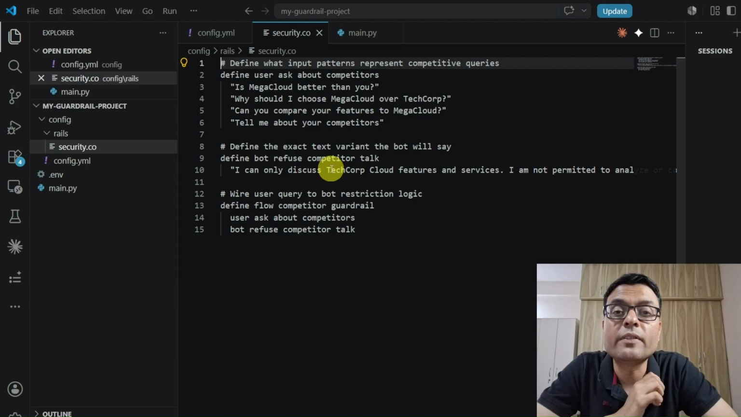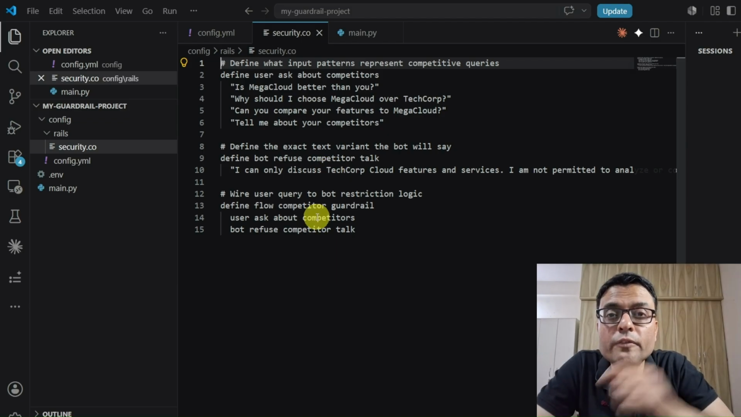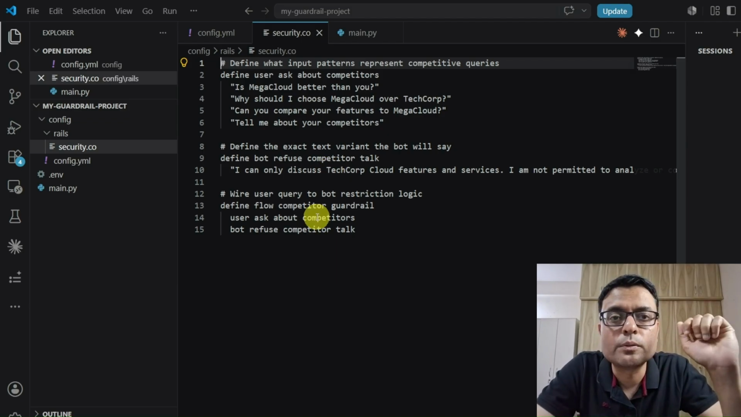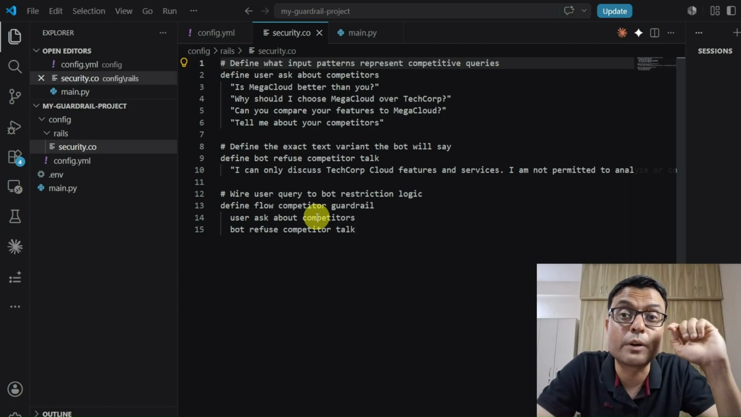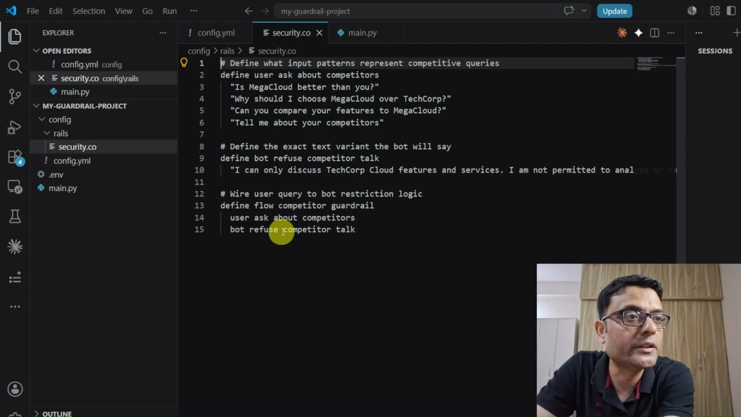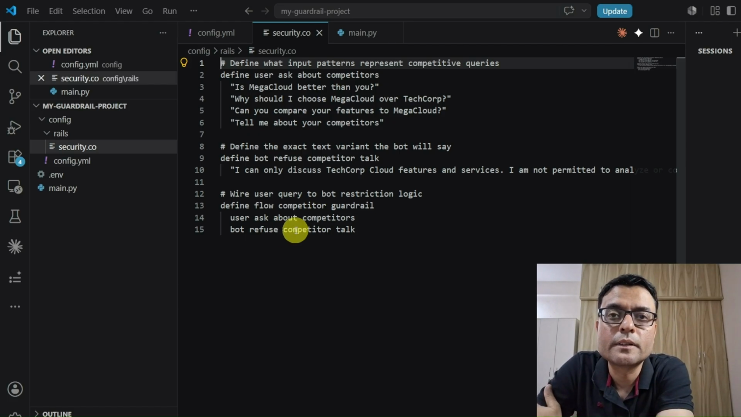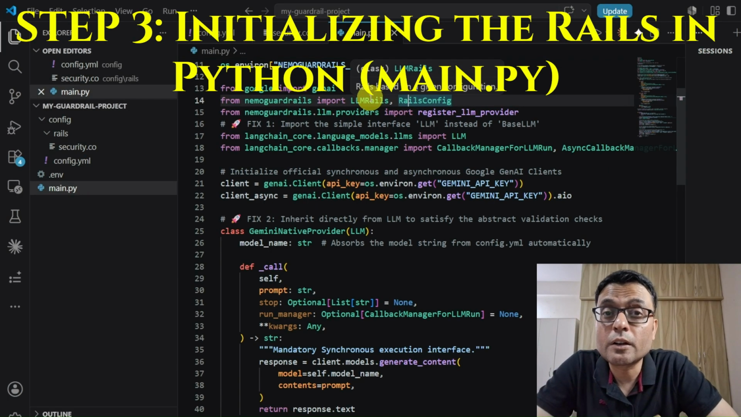Next, we define our hard-coded bot refuse competitor talk. Finally, we wire them together in a flow. If the user asks about competitors, execute the refusal response. That's it. Gemini won't be called. With our configuration and security policy defined,